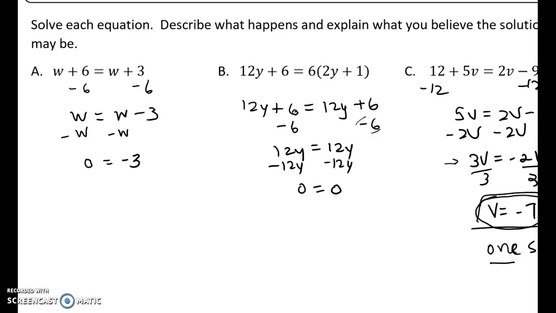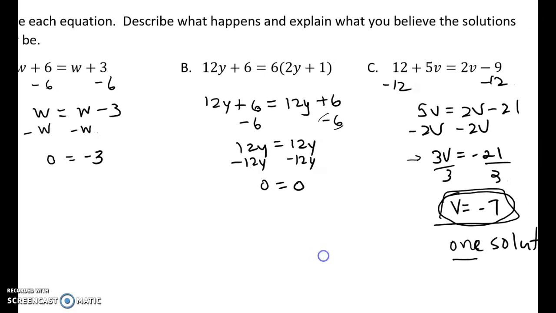So what does that say about our solution for y? Well, when you're left with a statement like 0 equals 0, 0 equals 0 is a true statement. And because it's a true statement and the variables went away, what we're going to answer for part B, in terms of the solution for y, is that the solution for y is